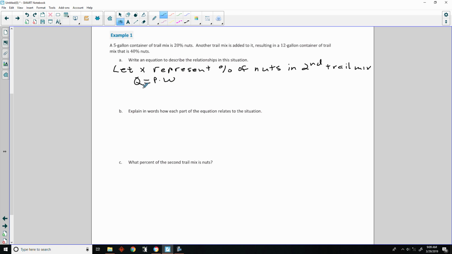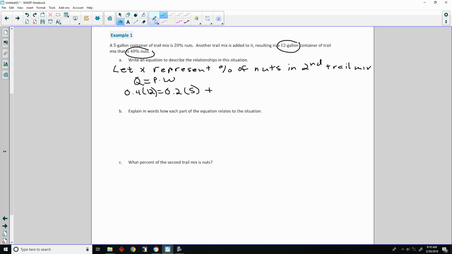Okay, so we have to give this a little bit of thought. We're talking about 40% of 12 gallons. That is our quantity we want to find. So that is going to be 0.4 times 12. We already have that a 5-gallon container of trail mix is 20% nuts. So that's 0.2 of 5 plus